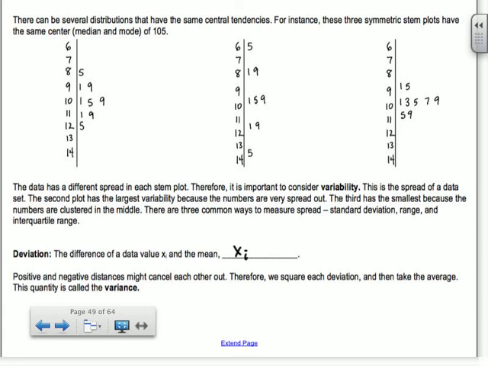Or if you like using the mu, you can write it like xi minus mu. Okay, positive and negative distances might cancel each other out. So this is the problem with this, because if you notice in the second stem plot that we have, there's a huge range of numbers, right? It's really big. It's really spread out. But if we do this xi minus x bar, this could be a distance of 5 and this could be a distance of -5, and we add them together, they cancel each other out. So it's not telling us anything. It's kind of like they didn't have any distance at all